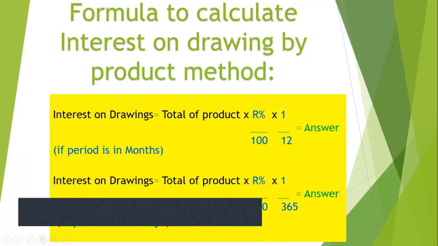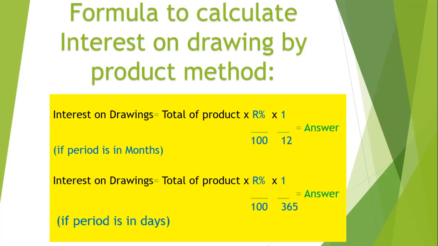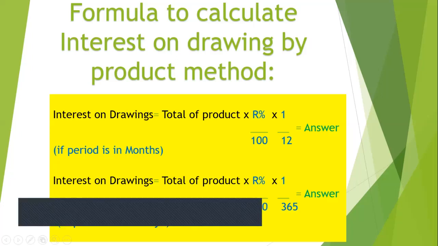For example, suppose that a partner has withdrawn rupees 10,000 on 1st October. Suppose the closing date is 31st March. From 1st October to 31st March, it will be 6 months. Then again the partner is drawing on 1st November. From 1st November to 31st March, so November, December, January, February, March, 5 months. In this way, if the partner is drawing at the beginning or end of the month, the duration will always be in months. When a partner withdraws on days like 12, 16, 17, 18, then the duration would be in days.